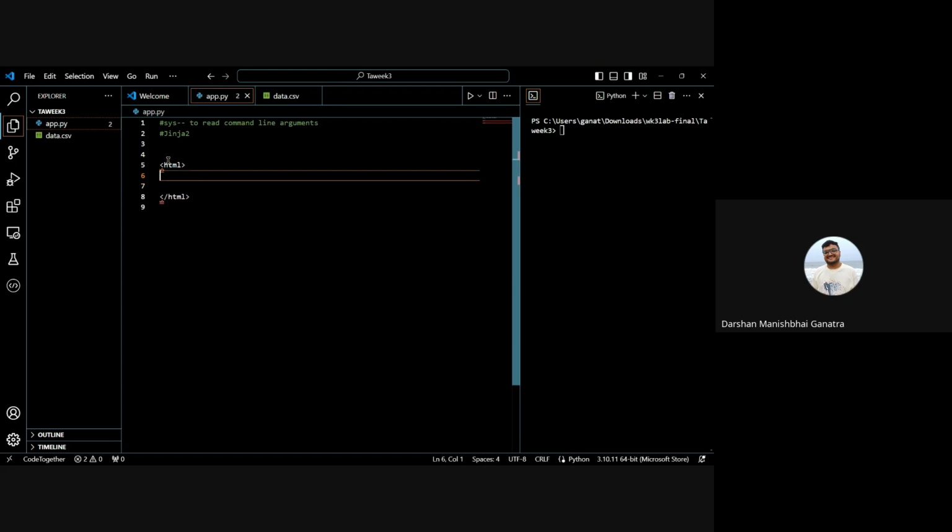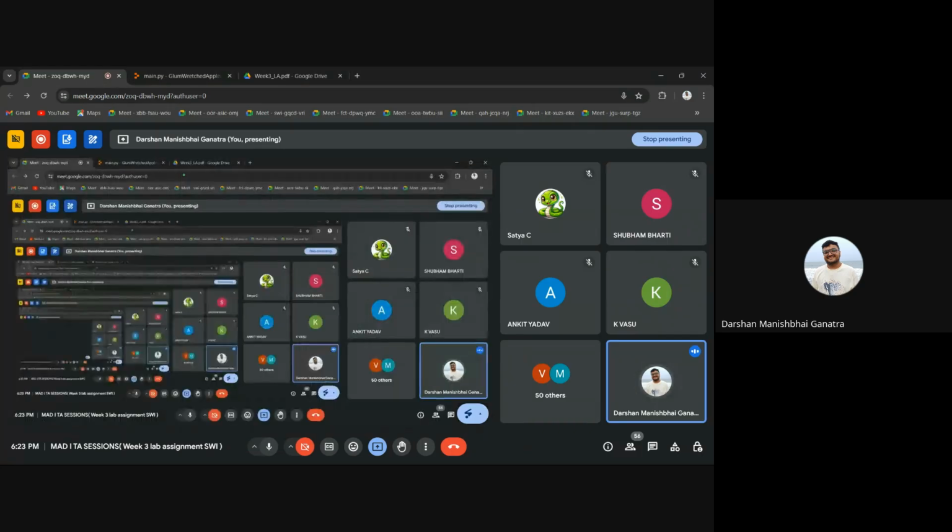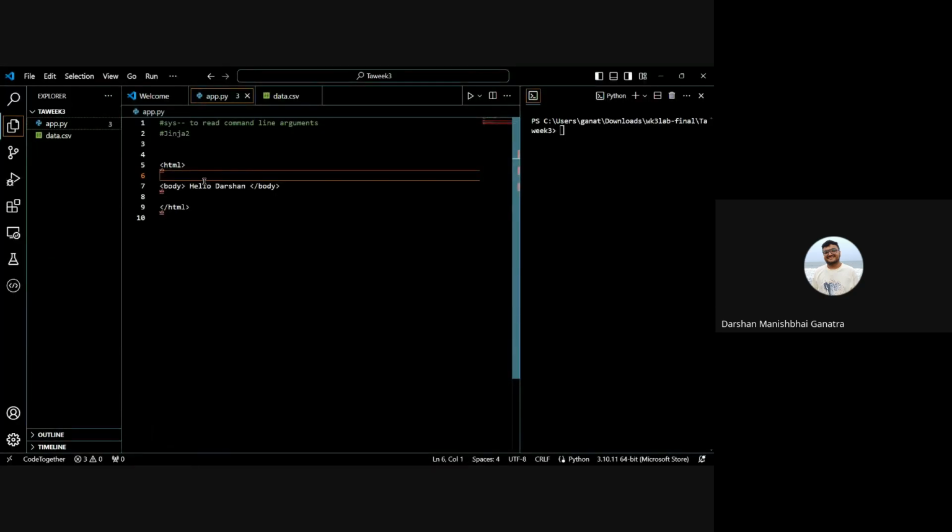So this head title, just ignore that. I'm not giving it right now. So some head tag is there, some body. I'll just give body: Hello, Darshan, let's say. So from our subject's point of view, what is exactly